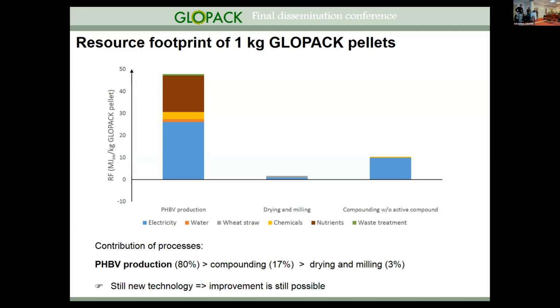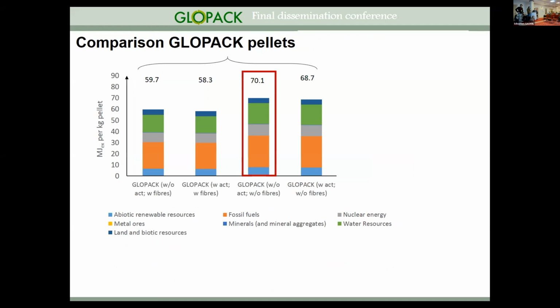If we then put this a little bit further, we have a look at 4 options of Glopack pellets. The first 2 options are including fibers, the 2 others are without fibers. Then it's clear that when we replace part of the fibers by PHPV, we come to a higher impact. So that's already one thing which is clear. And then we still have the second and the 4th option. This is always with active compounds. So these active compounds actually have a lower impact than the PHPV. So that explains the small decrease in